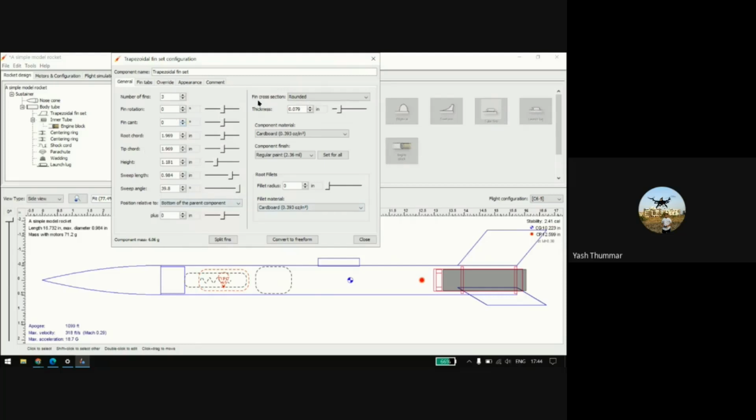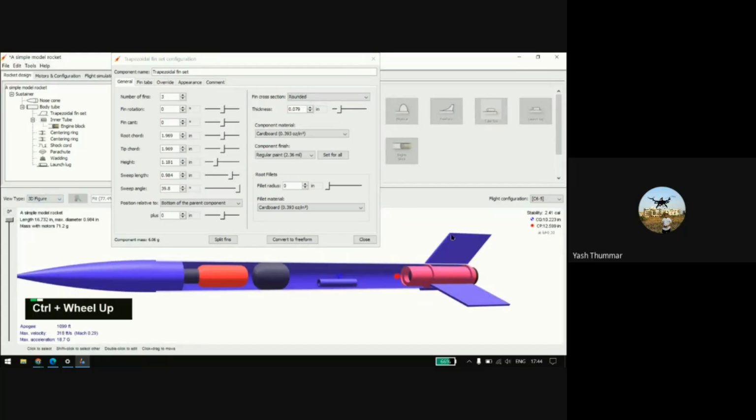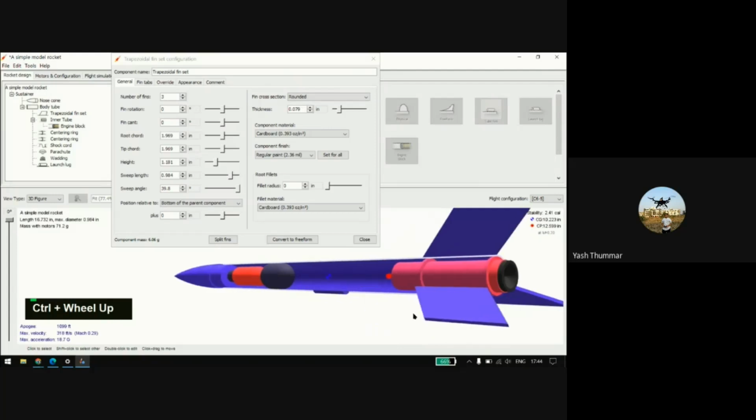So this is about fins, and here the cross section. It will be rounded. Okay, so what about the cross section? Let me go again in 3D view. So you will find the round, the square, and the airfoil.